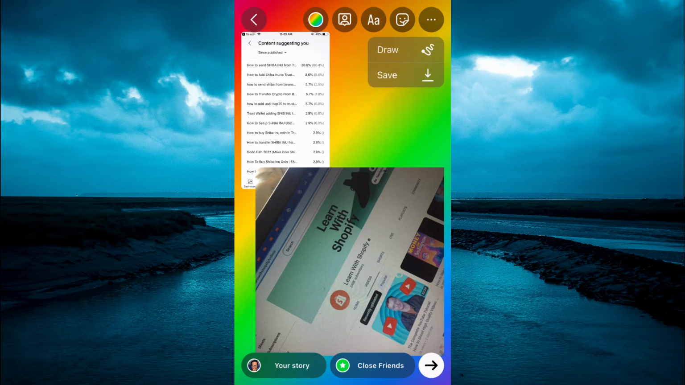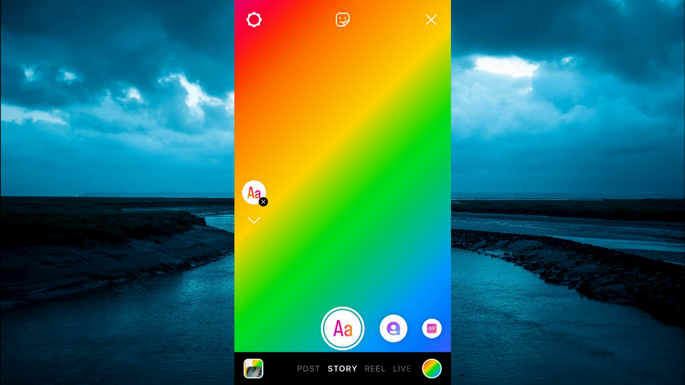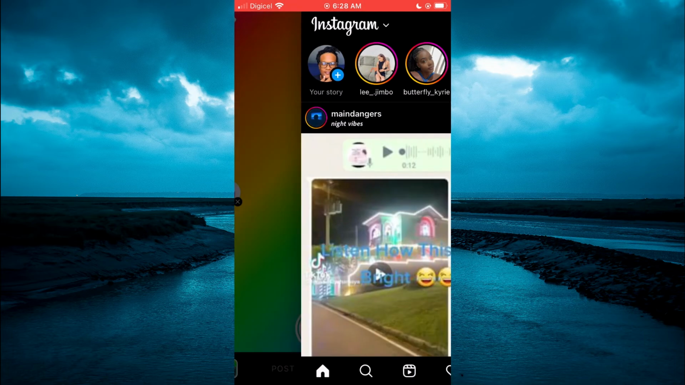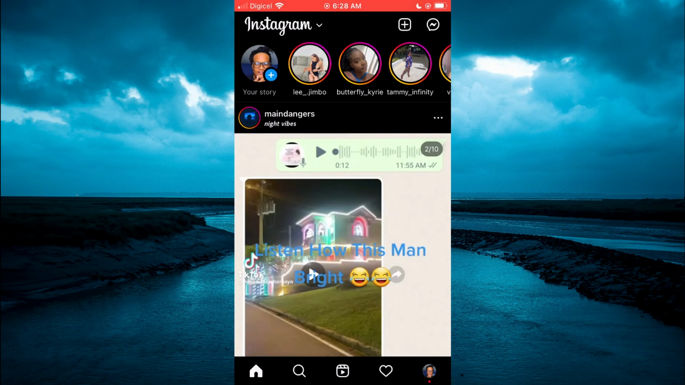And after you have saved it, you're going to go back. Then you're going to tap on the X, and you're going to tap on the plus again at the top